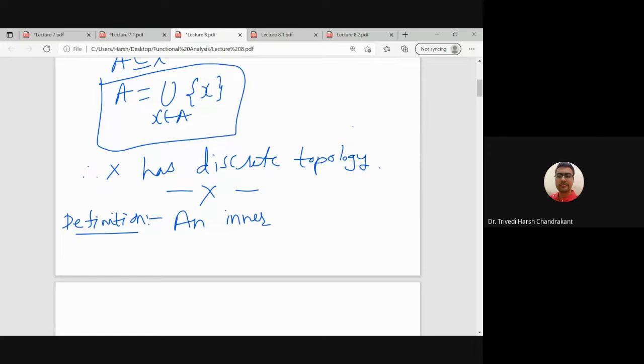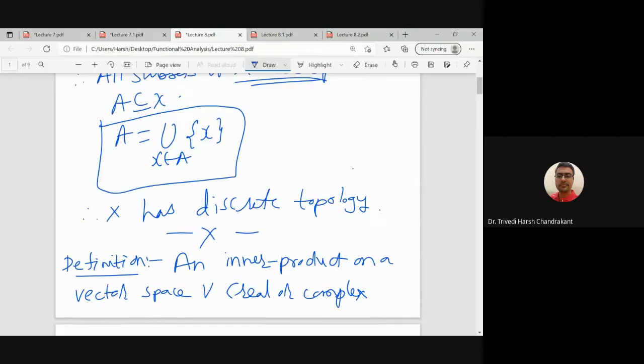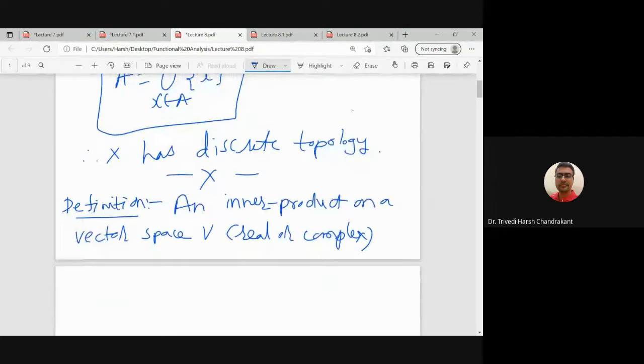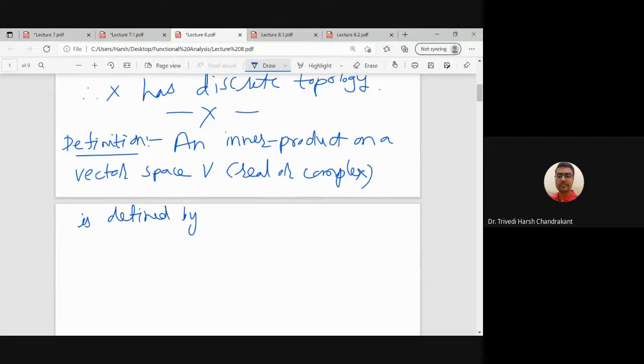So an inner product on a vector space which is real or complex is defined as the function